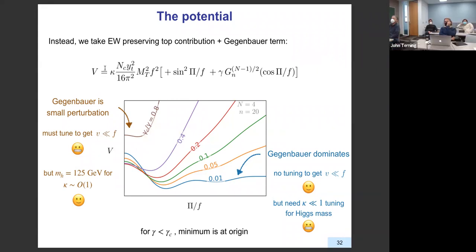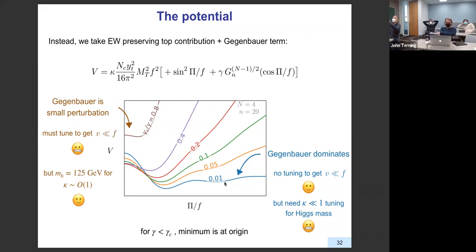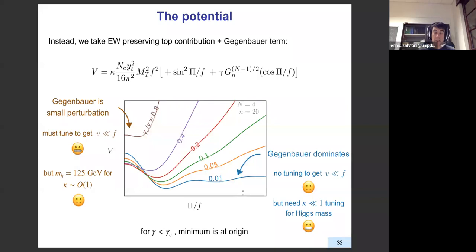For this example, what's your value of gamma C? Oh, the numerical value of gamma C is very small. It's of the order of 10 to the minus 4. I think in this example, I can look it up though. I don't remember the precise number, but what was the concern there? No, I just want to see the relative size of the two terms. Okay, yes, it's a small effect. I think it's of the order of a few 10 to the minus 4 here.